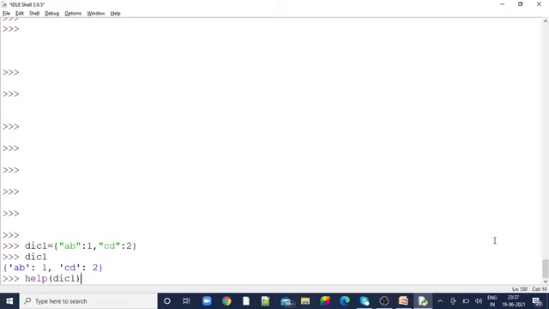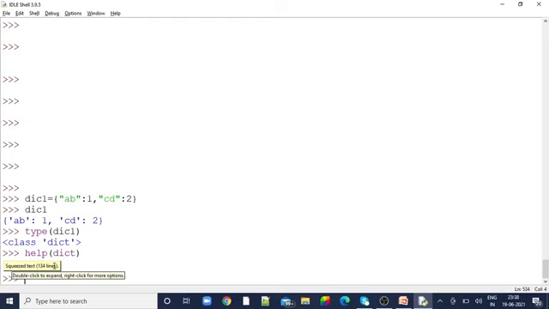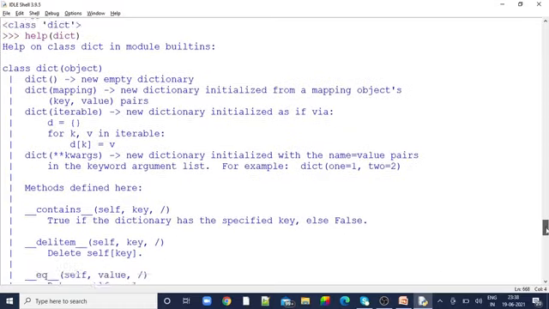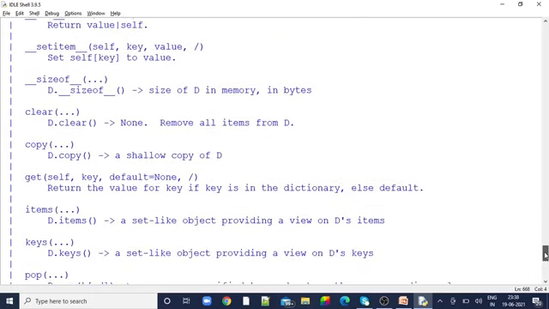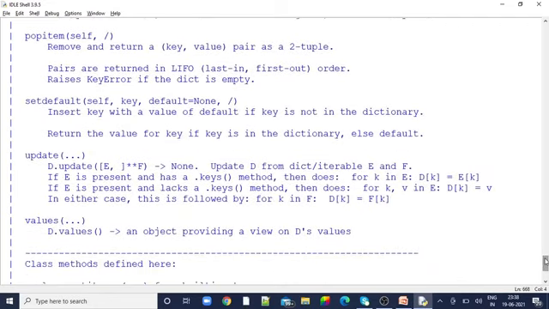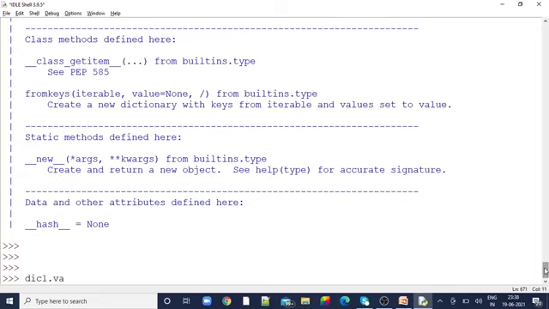Now we'll see what is the type of dict1: dictionary. Let's see what options are available for dictionary and what their significance is. Quickly we can go through the help commands. So here is dictionary, mapping, iterable, how we init it, items, keys and all, how we can give the value of the key, and we can do a pop operation. And popitem. For example, we can print dict1 dot values.